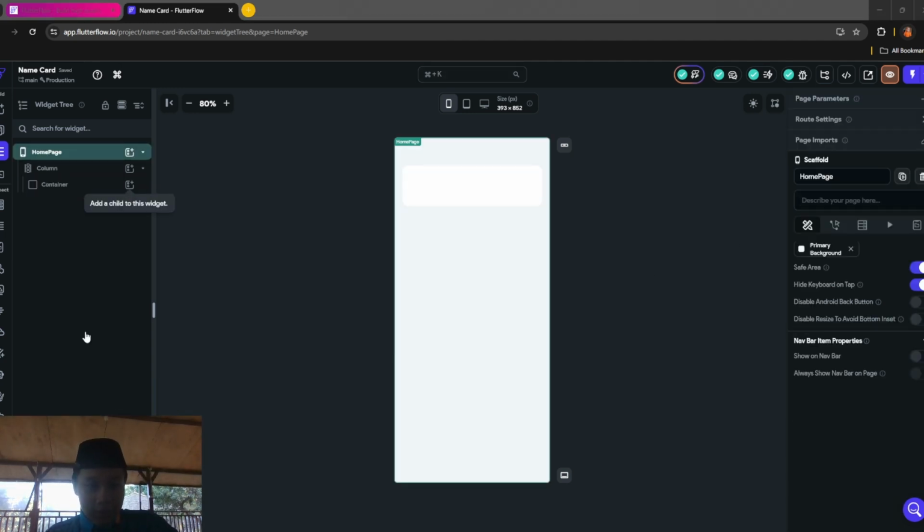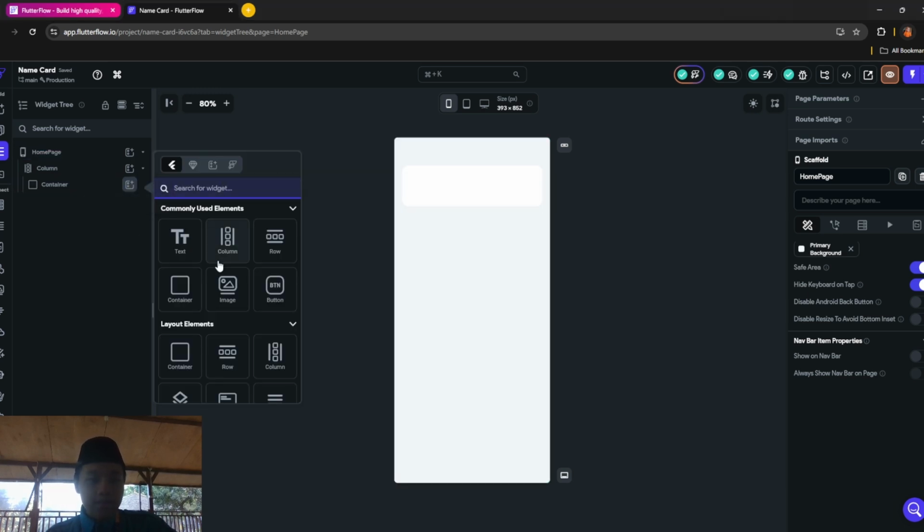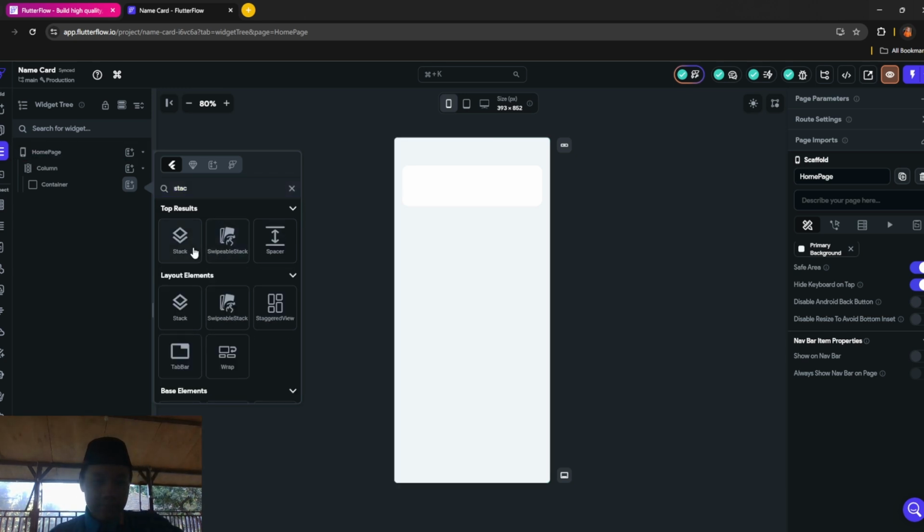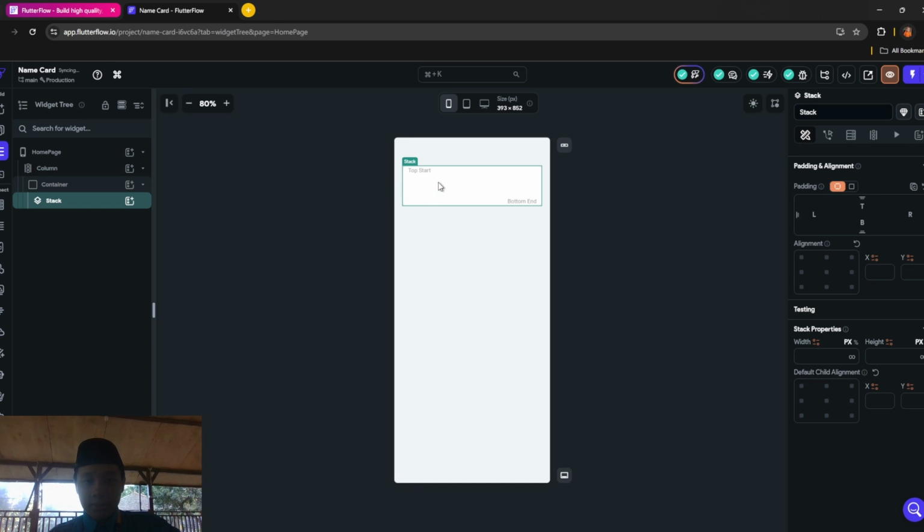So after that you want to add a stack to this container. You just want to search for stack here, and it should appear with top start and bottom end. Then after that you want to add an image to the stack.